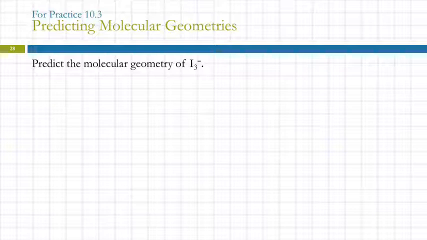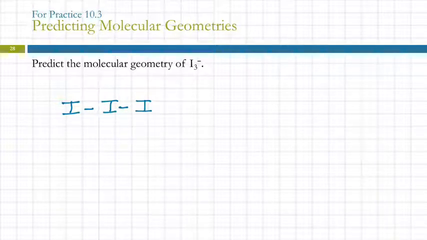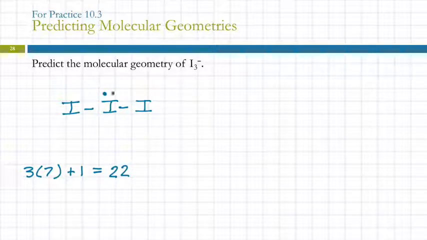Predict the molecular geometry of I3 minus. Well, 3 iodines, they're going to have to be in a line of some sort, right? We've got 3 iodines. They each have 7 valence electrons, and there's a -1 charge, so we add 1, and so that's 22 electrons. So we've got 2, 4, 6, 8, 10, 12, 14, 16, 18,